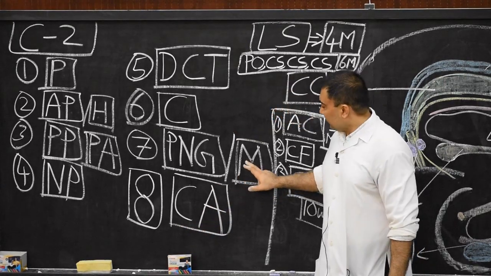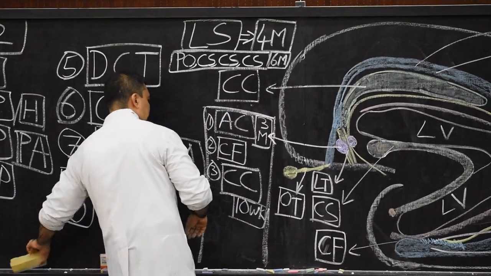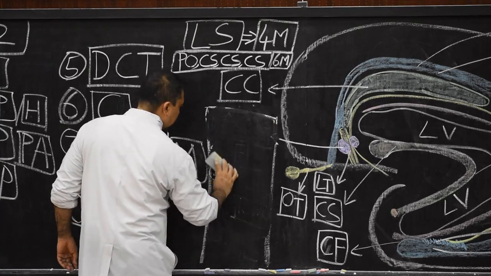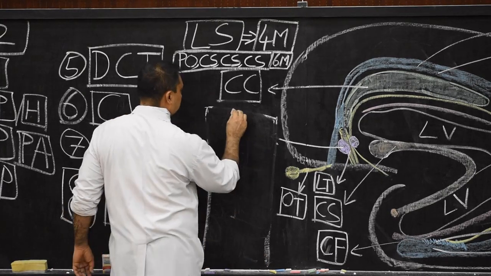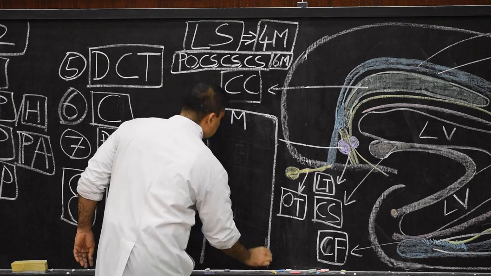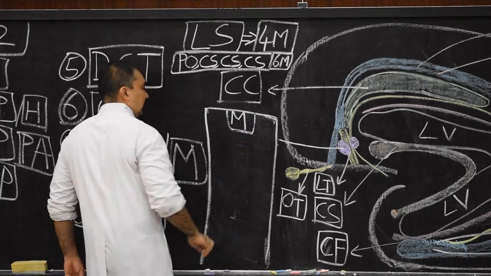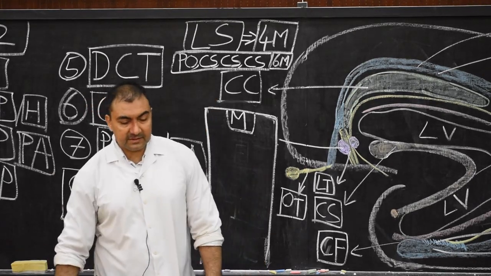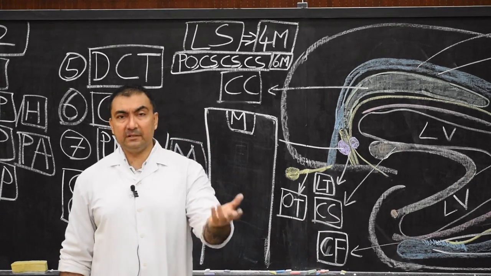Now in myelination, once again, we will utilize this box here. So I am going to rub this box and then utilize it for myelination. Here we are going to write about myelination. Once again we will redraw this box, and in myelination, we know that the myelin sheath in the central nervous system will be deposited by which cells? Oligodendrocytes, and in the peripheral nervous system by Schwann cells.